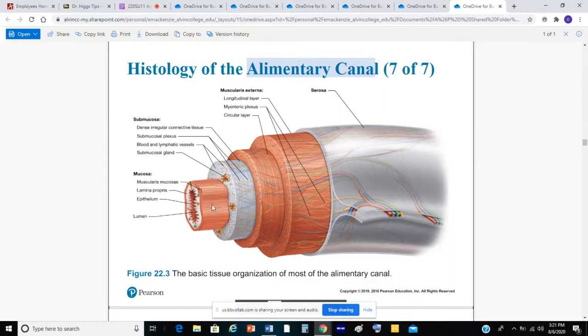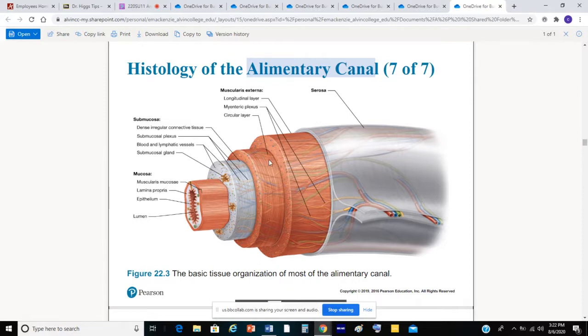Keep going. Next layer I mentioned is a layer of connective tissue. Dense, irregular connective tissue is what we typically hear. So yes, you might be able to see blood vessels in this layer. This is the submucosa. Keep moving out. You'll get to the 3rd layer. This is a layer of muscle. Remember, it's typically smooth muscle, except for in the esophagus,